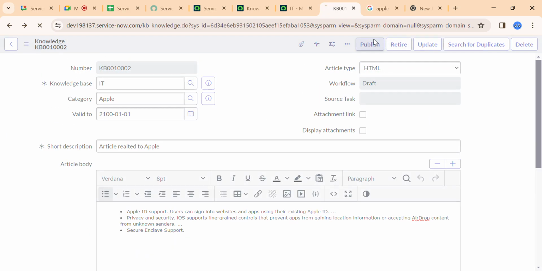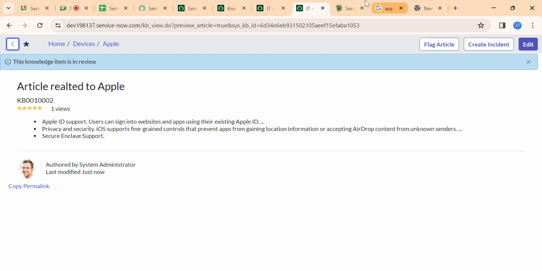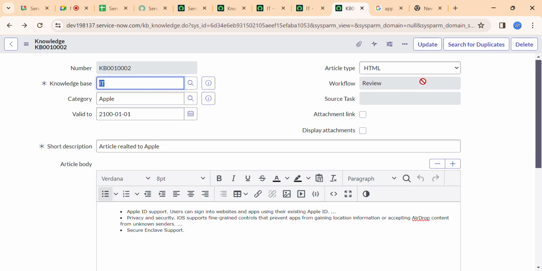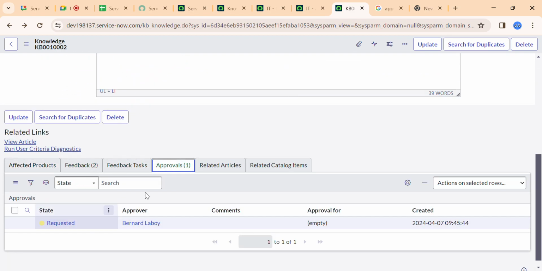And here we are, and after that let's go back, and if I publish this, once I publish, if you see, it is in the stage called review, meaning the approver.